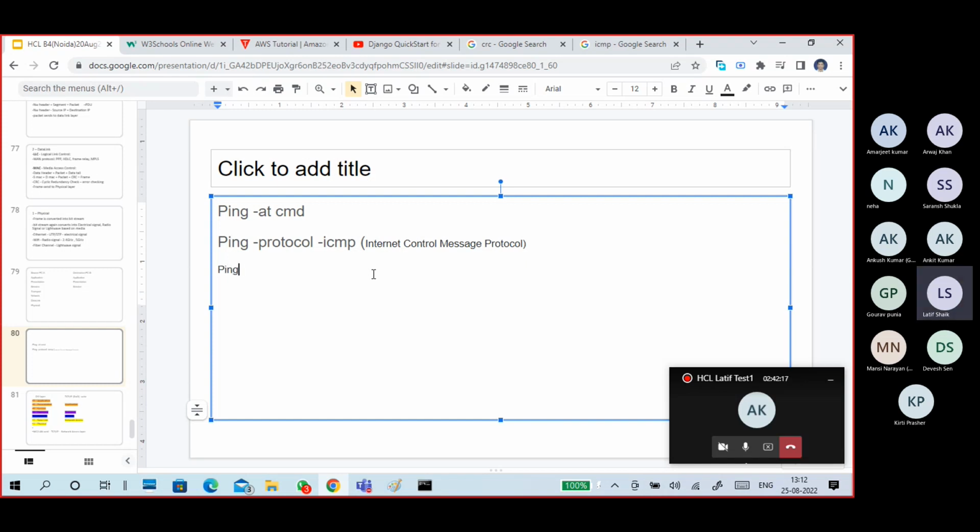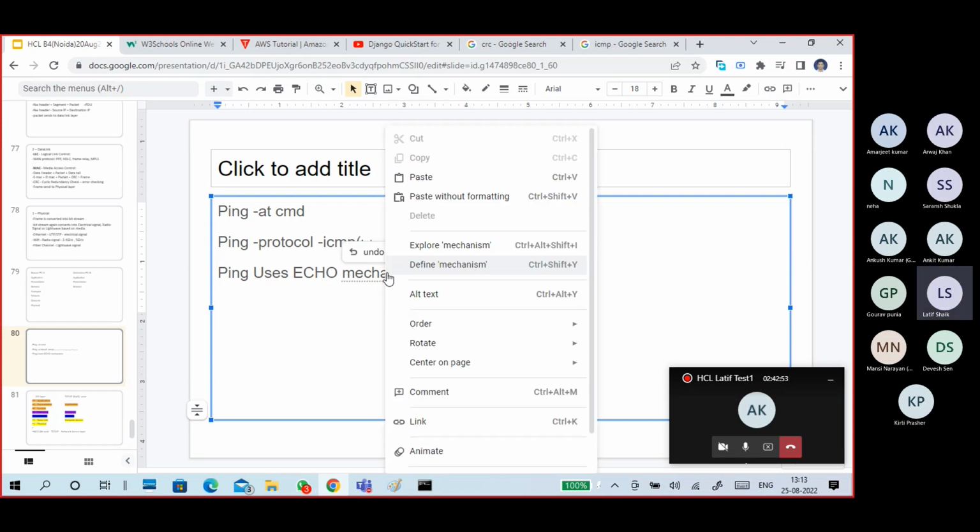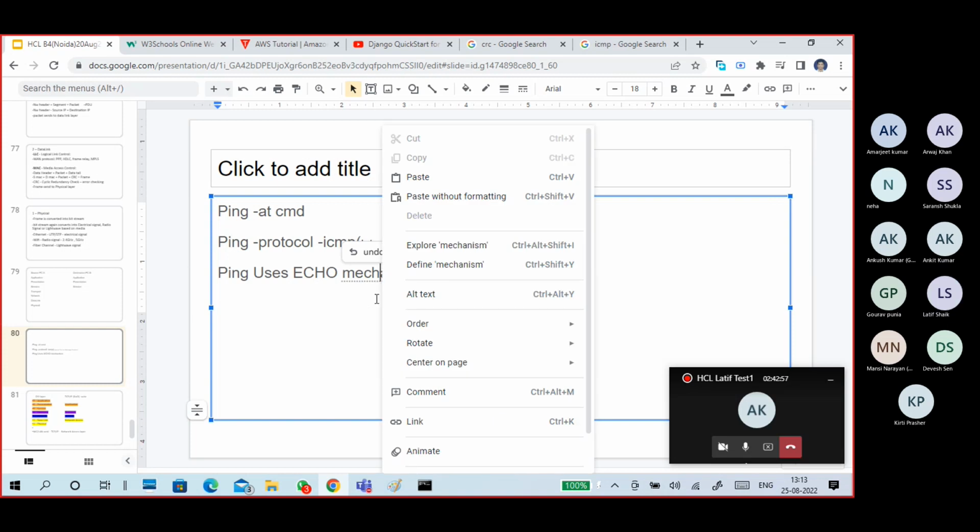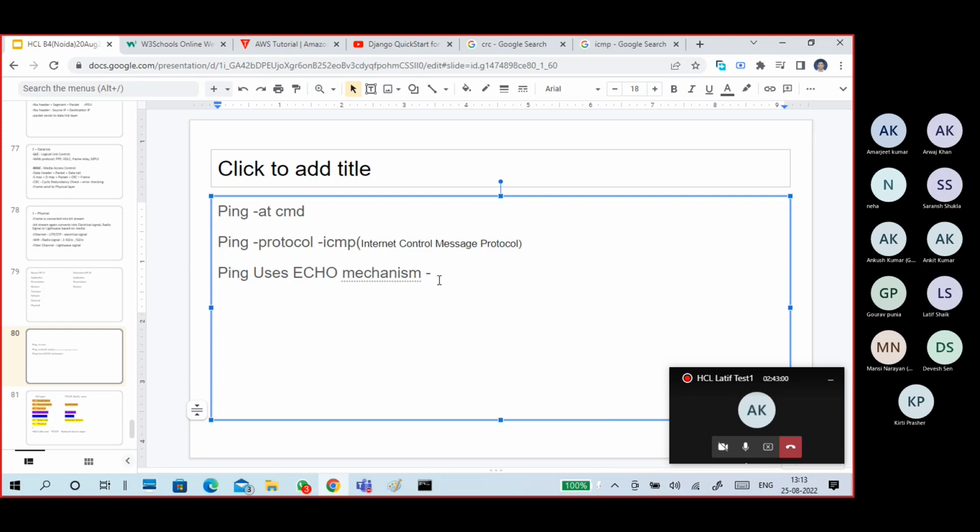Ping uses an echo mechanism. It means, for example,